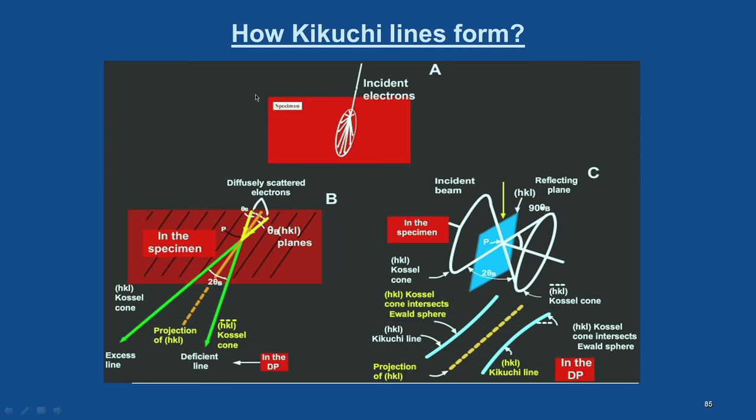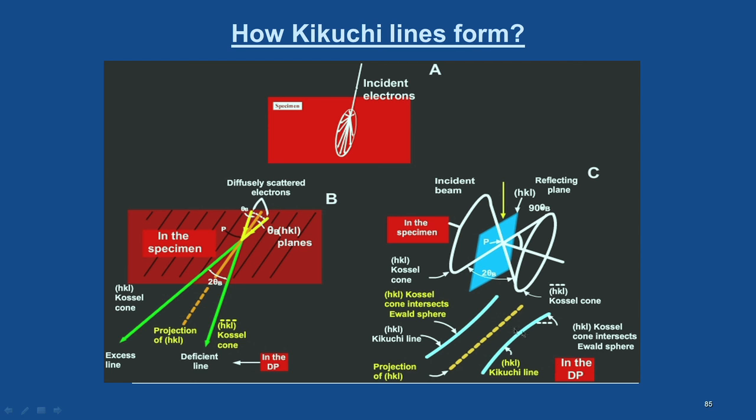So, you have the specimen here, the incident electron comes and interacts and is subjected to diffraction. Suppose this sample is so thin, and if you look at it three-dimensionally, the electron beam which falls produces a cone like this. It is a projection here, it is actually a 3-dimensional cone. For each plane the cone is produced on both sides. So, these are all called Kossel cones, and when these cones